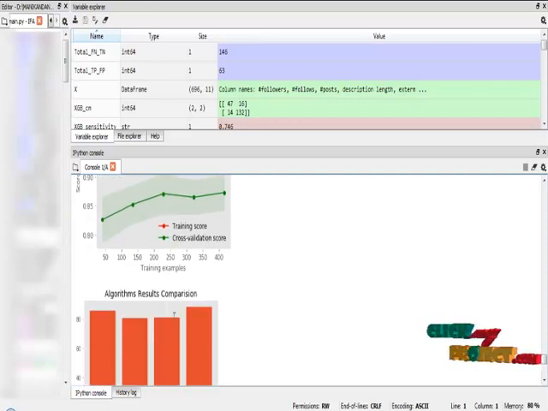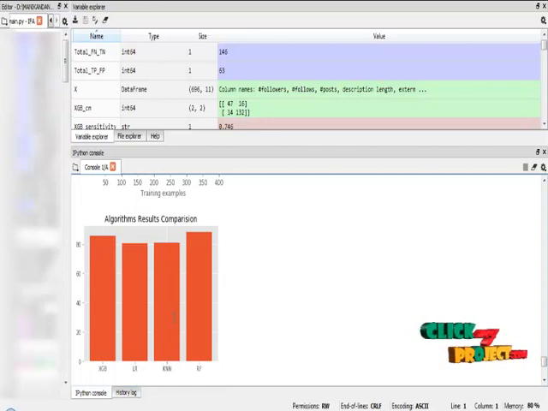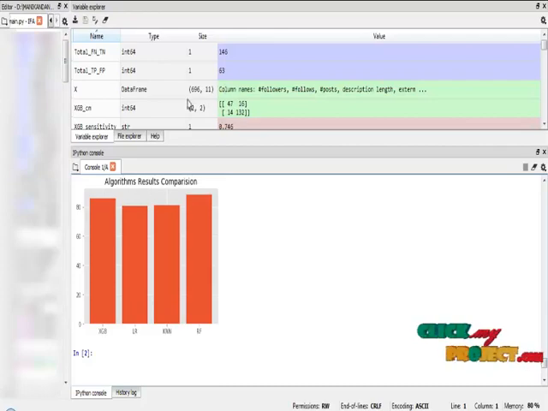Finally, I will plot the overall comparison between all four algorithms. In that, our random forest algorithm provides the highest result, and these are all the variable results of